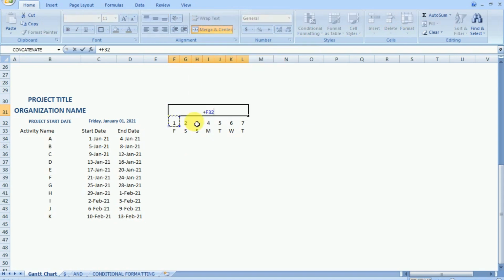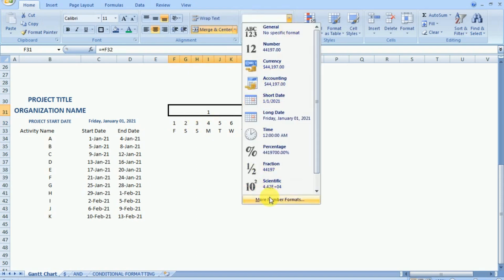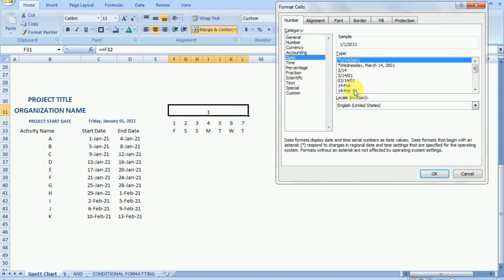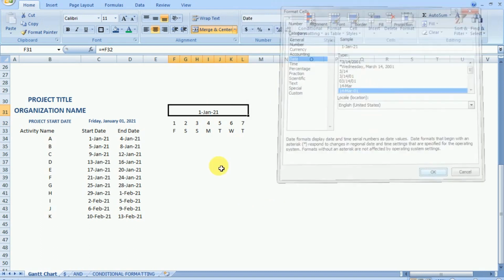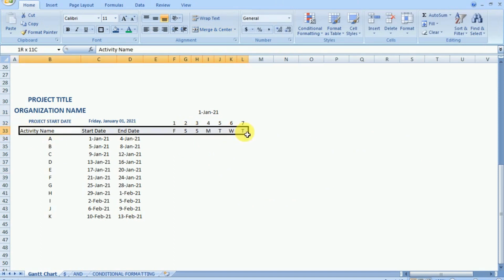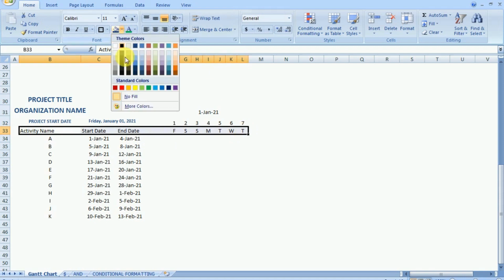And in week we want to represent the first day of the week, so we click on the equal sign and then the first day of the week is selected. Now change the format to the day, month and year format. Now in this way we have created a timeline of the first week.